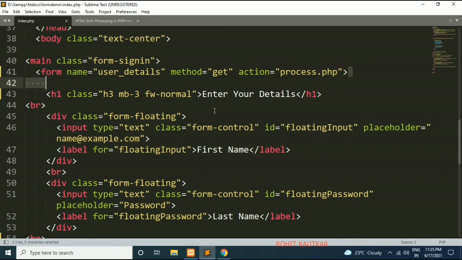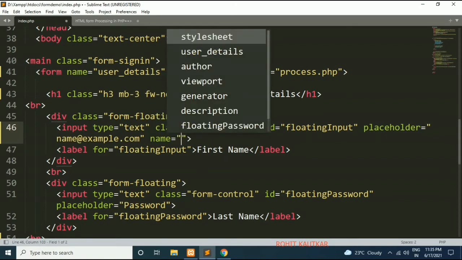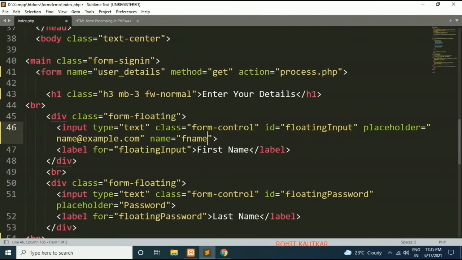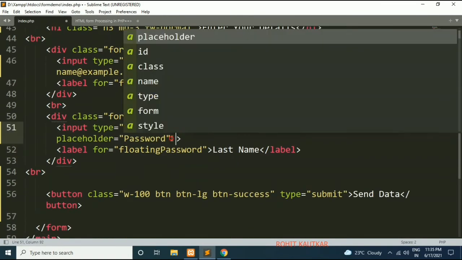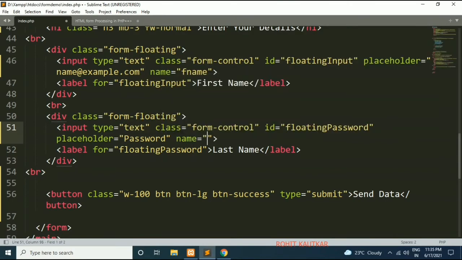Now the next important thing: for whatever form controls we are using, we have to specify the name attribute, because while collecting this submitted data we are going to require that. For the first name control, I will specify name equal to fname, and for the last name control, name equal to lname.